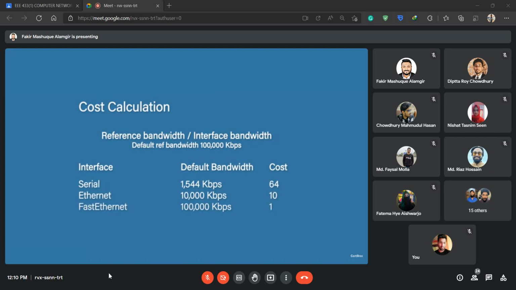Now anything faster than Ethernet will also